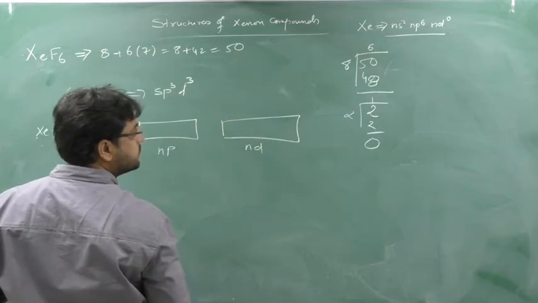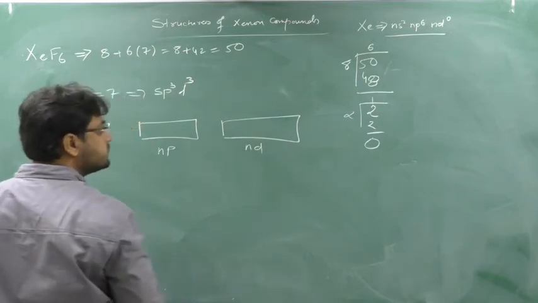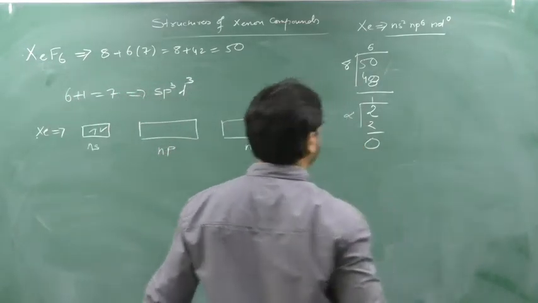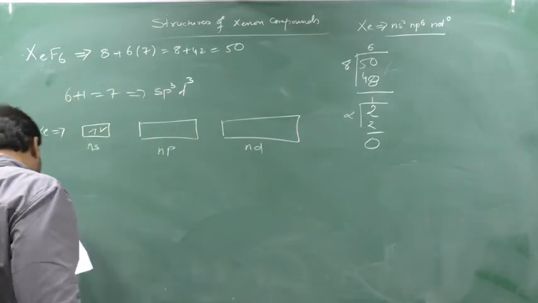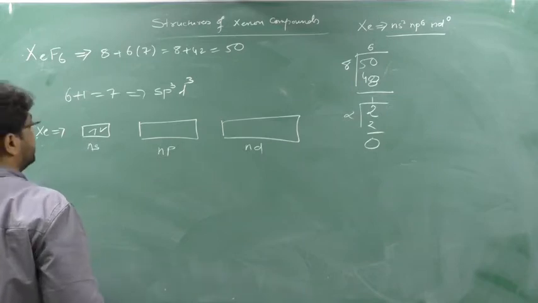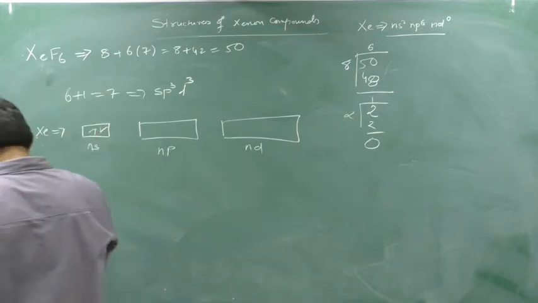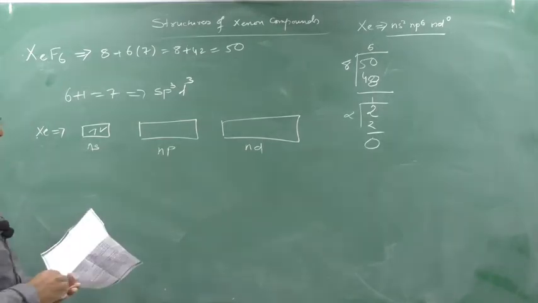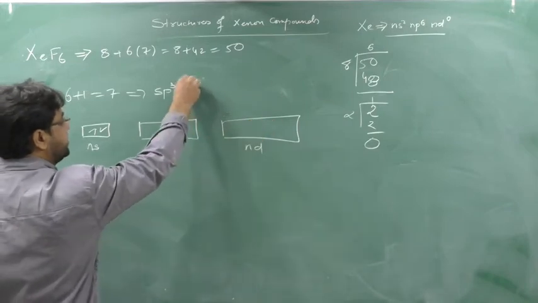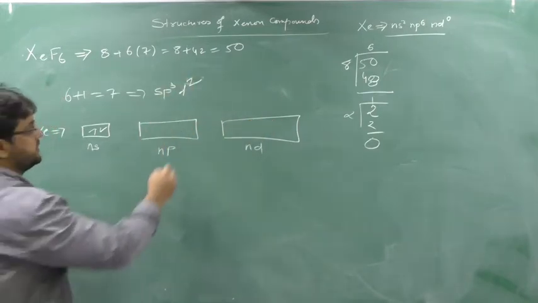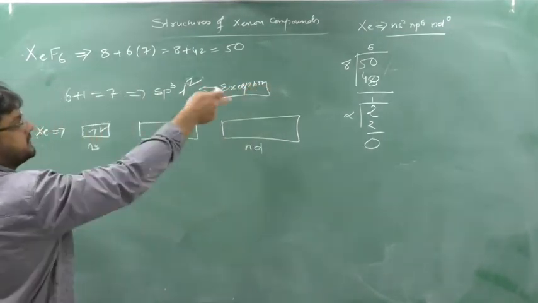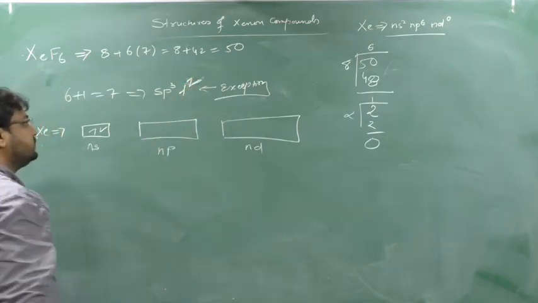48. Correct, sp3d3. No, see, that is only the exceptional case. Here there are two exceptional cases that will come. The ns2 will be there. Instead of sp3d3 that you are getting here, actually it is sp3d2. This is only the exception point. This is an exception, please check it out. Actually, you are getting 6 plus 1 is 7, but it is sp3d2. Clear?